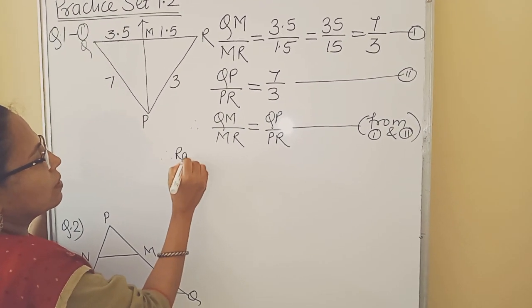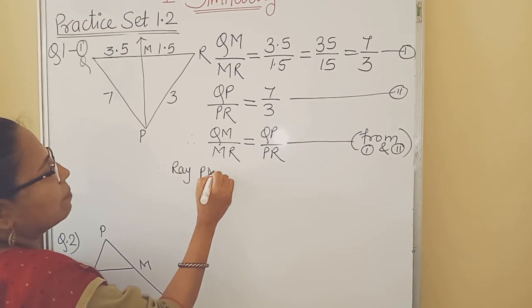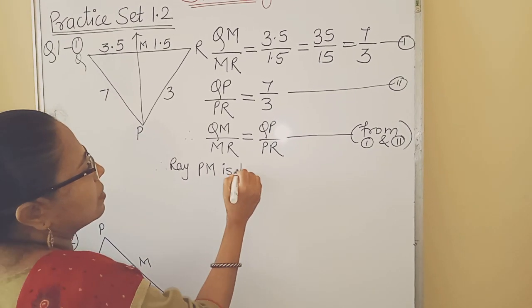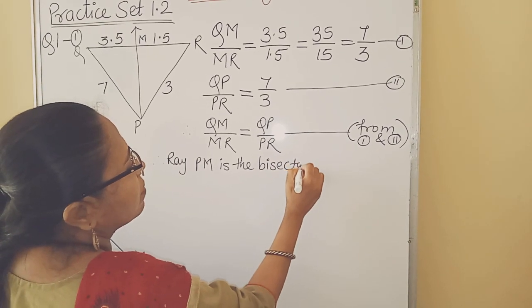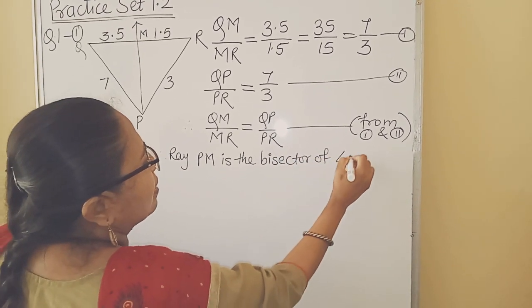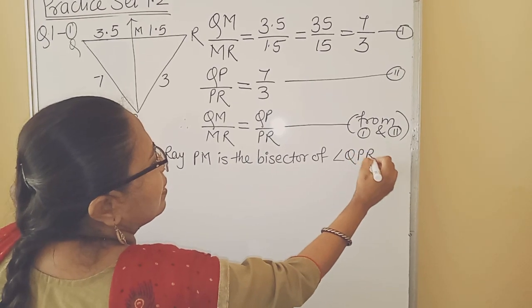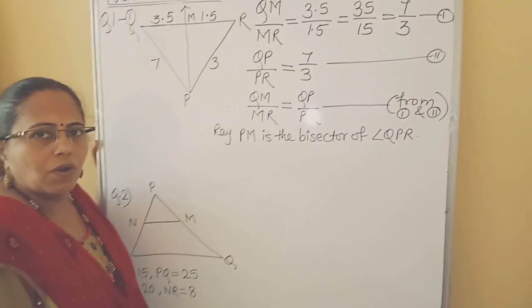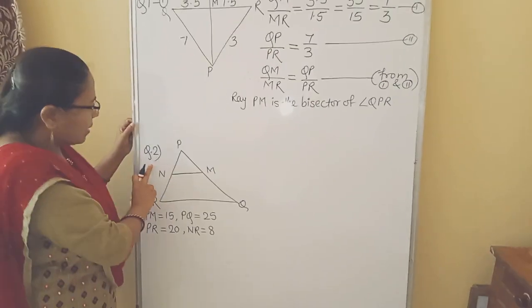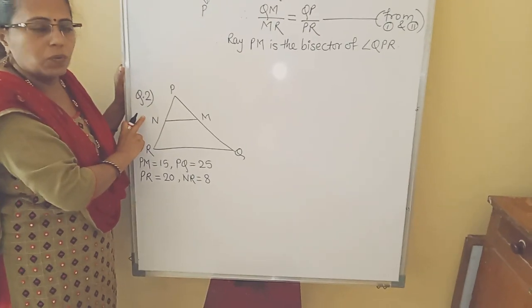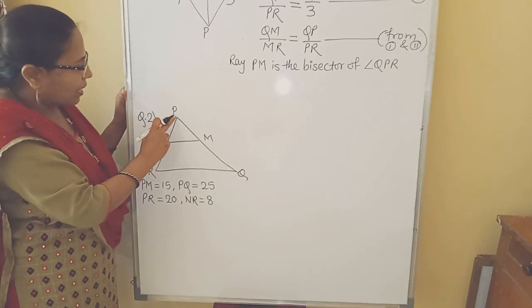Therefore, ray PM is the bisector of angle QPR. Followed? First example. Now we will see the second example. Question number 2. Here the figure is given, triangle